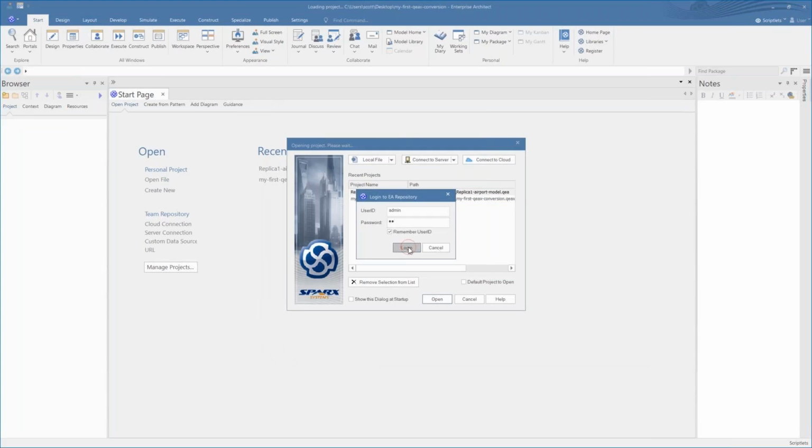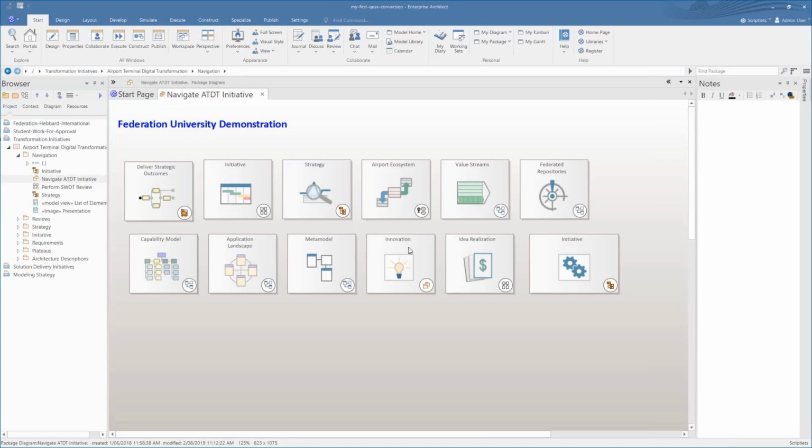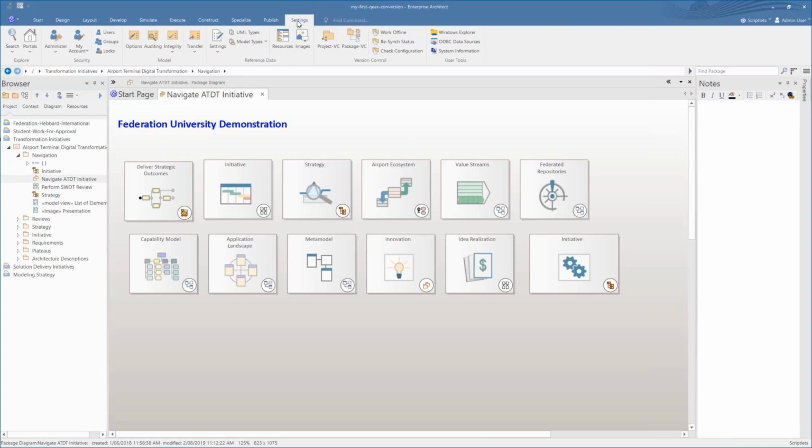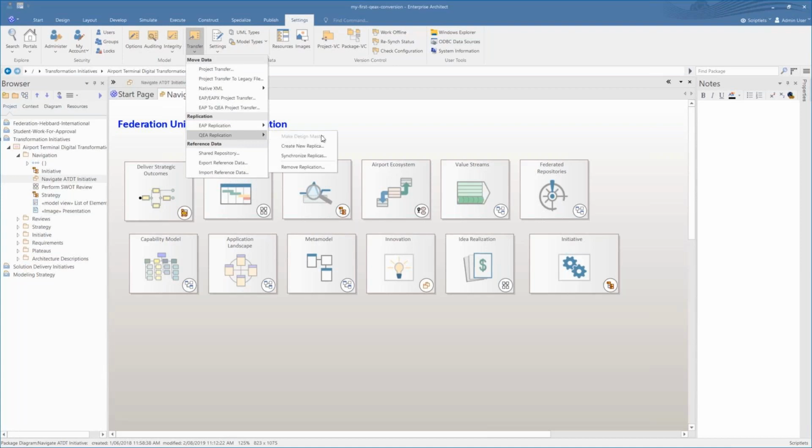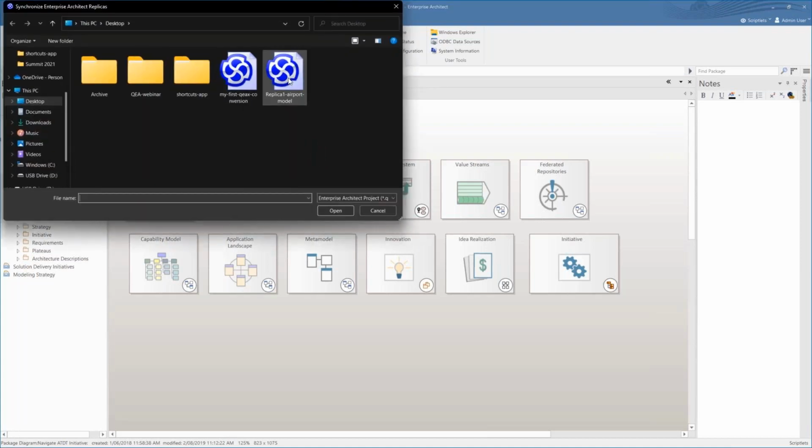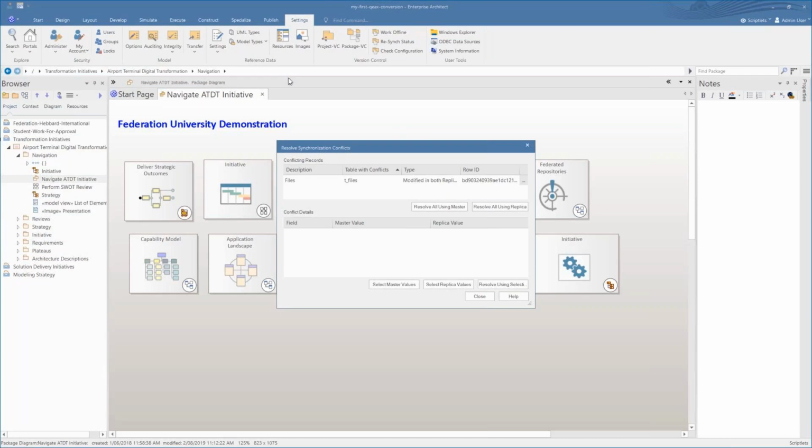I'm going to log in using the credentials that were provided, and at the moment, there is no scriptlet example here, but if I go synchronization, then I can sync with the replica, and you can see that there's a file change, and I can synchronize those changes. And so I will select the replica values, and away I go.